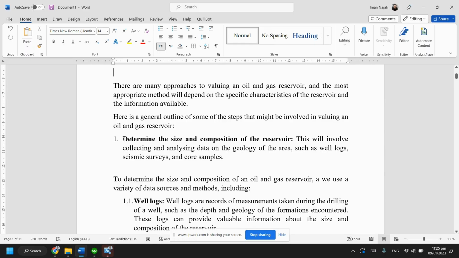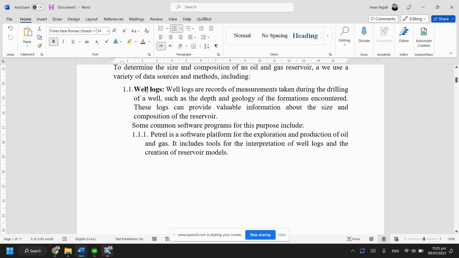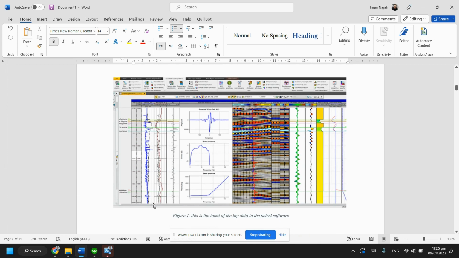And the first stage is that we have to be able to determine the size and the composition of the reservoir. So in order to know exactly what the shape of the reservoir is, or what the shape of this big stone that the oil is inside of is, we have to use some information which is called well log. Well log information is the information that you sent to me, and this should be imported into Petrel,